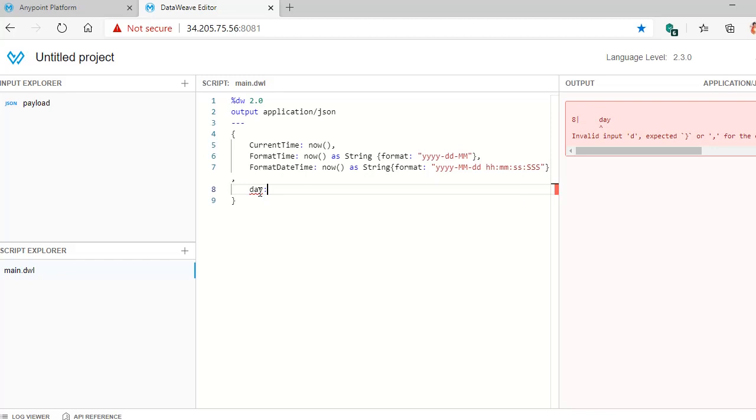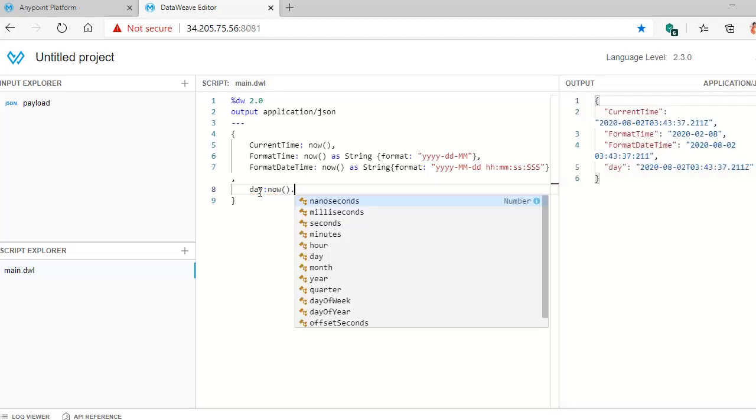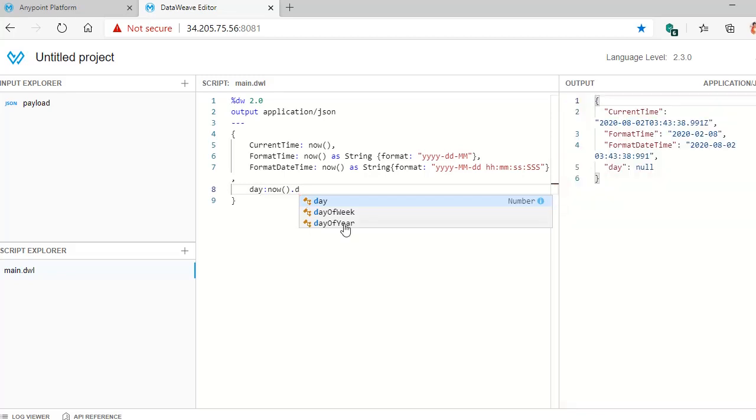I'll just name it as day, and you can use now function dot day, day of the week, day of the year, these are the different operations actually. Let's say day of the week. See, the day of the week is 7, as today is Sunday. This is the last day of the week.